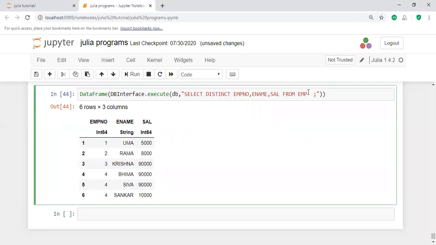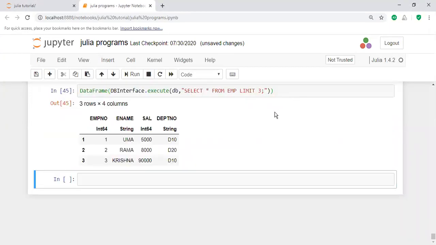By using the LIMIT statement. For example, SELECT * FROM EMP. I need all information from the EMP table. SELECT * FROM EMP LIMIT 3. Let us take limit is 3. The limit is 3 in the sense it displays the values within a particular limit. Yeah, it displays only 3 rows here.